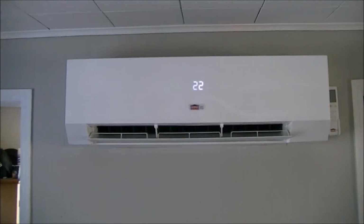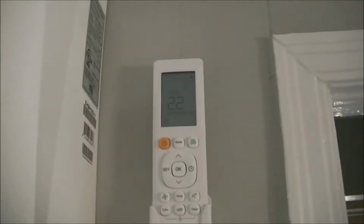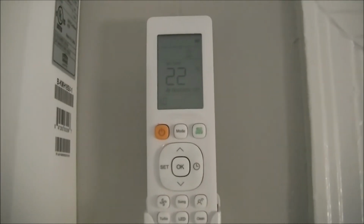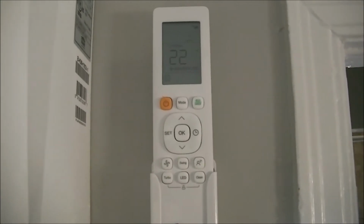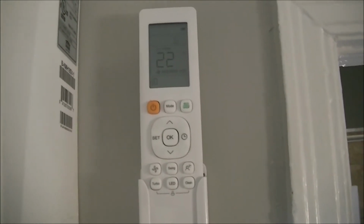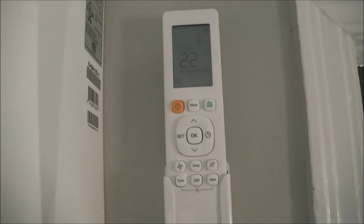So anyway, there's not a whole lot more I could tell you about this unit other than put the remote over here. We have it set at 22. You can see that. It's a pretty common remote control unit. Heating and cooling. There's drying. You can actually just turn on the fan, and there is a clean mode and different things. A lot of